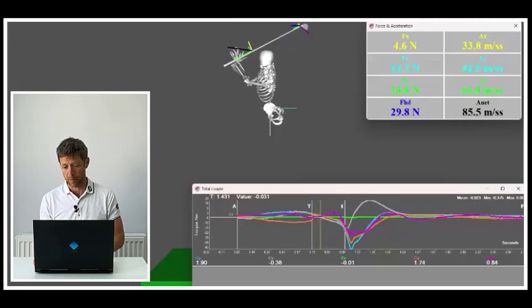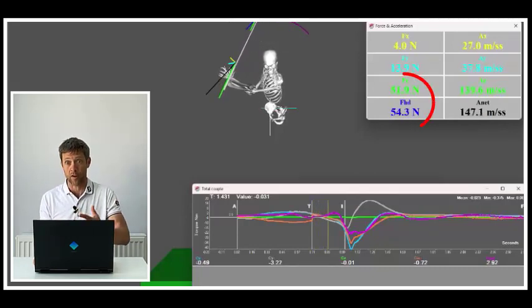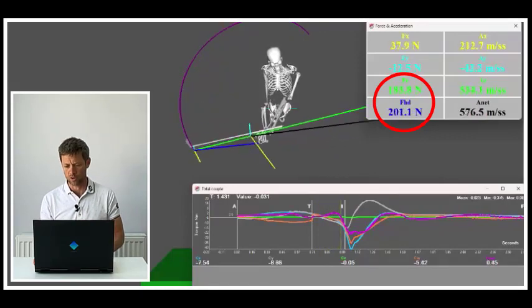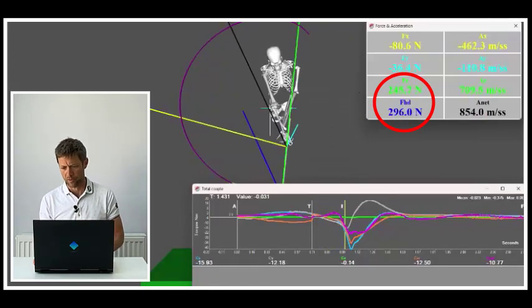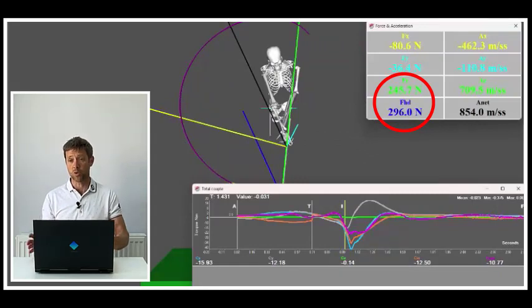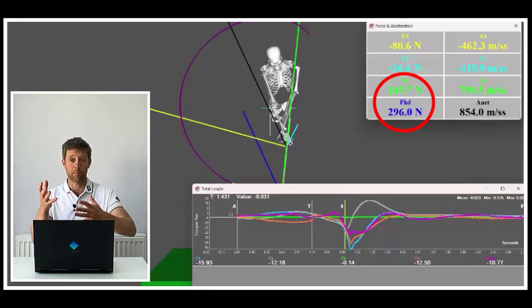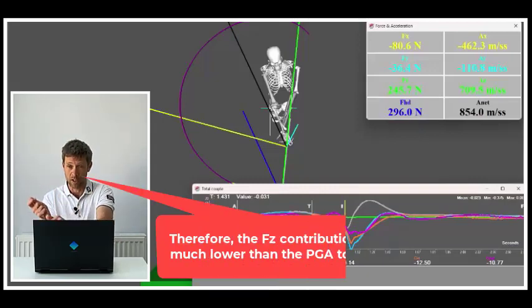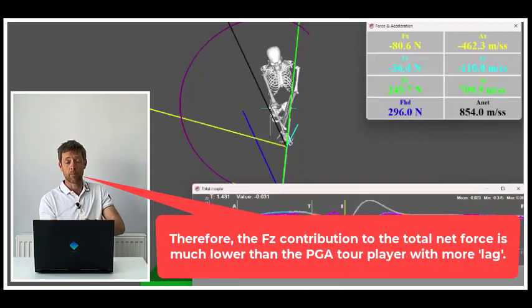As we move this player downwards, we start to see very, very different values being produced as this player comes into impact. Once again, as shown by those circles on screen, we have a peak net force of 296 newtons with a much smaller proportionate contribution of 246 newtons of the Z value. So again, in response to those interactions, those lag profiles around that club and wrist in transition, how that correlates, in a very loose local definition, to their inability in some ways to produce those